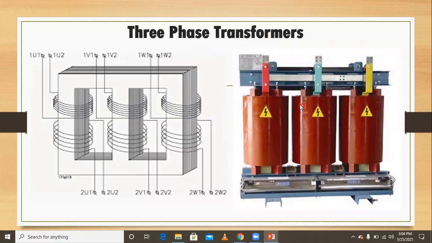Generally, a three-phase transformer has three windings like this. This is called one limb, and there are three limbs on two yokes. These are the three windings: primary and secondary, primary and secondary, primary and secondary. All windings are connected like this. You know well the construction of the three-phase transformer. These are the three phases: R phase, Y phase, B phase, on a single core. This is a shell type transformer core with three limbs, and in these three limbs the three windings are used.